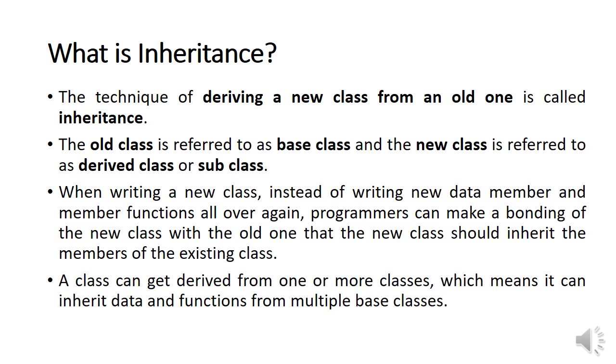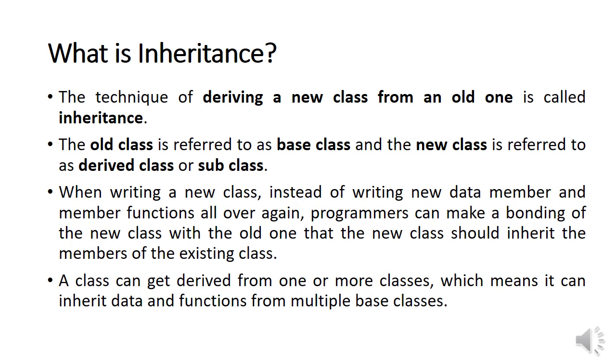The fourth important concept of object-oriented programming is inheritance. First, we will see what is inheritance. Deriving a new class from an existing class is called inheritance. The old class or the existing class is called the base class, and the new class which is derived from the existing class is called the derived class or subclass. If you want to use the data members and member functions of an existing class in a new class, instead of writing new data members and member functions all over again, the programmer can make a bonding of the new